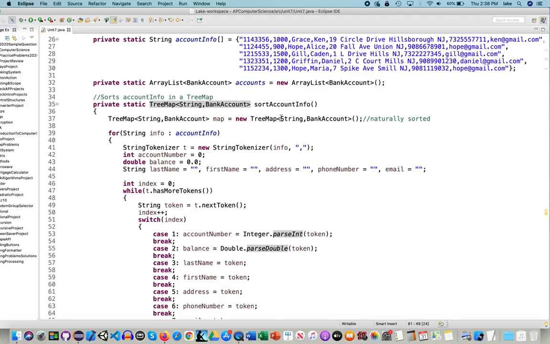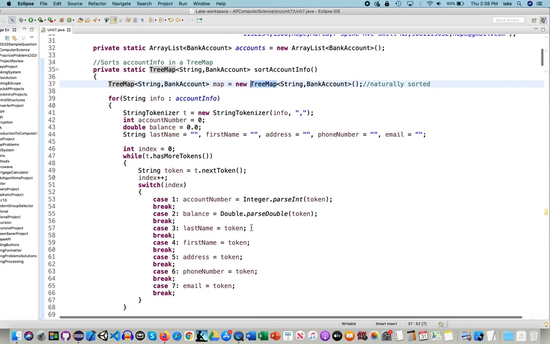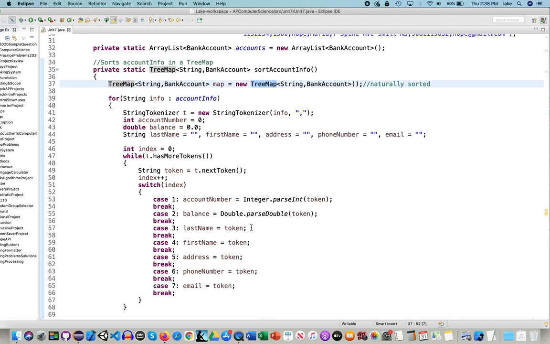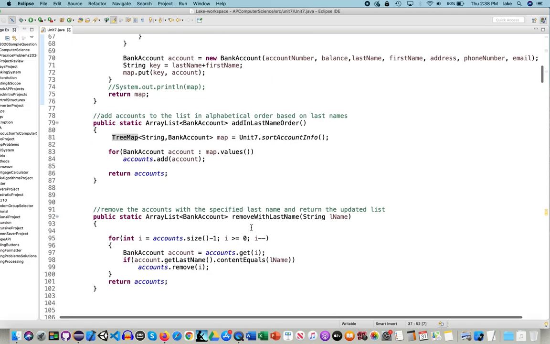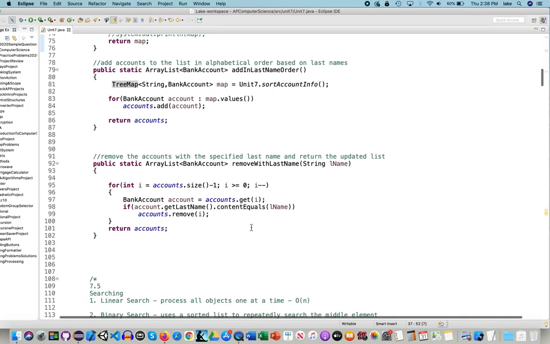And no, but this tree map is not the only map. There's also something called a hash map. There are a lot of different data structures, and we're going to see a few of them near the end of the course. The next method that I did, our algorithm, is to remove